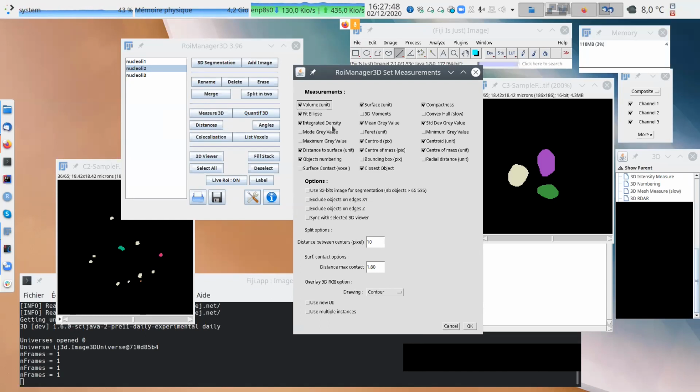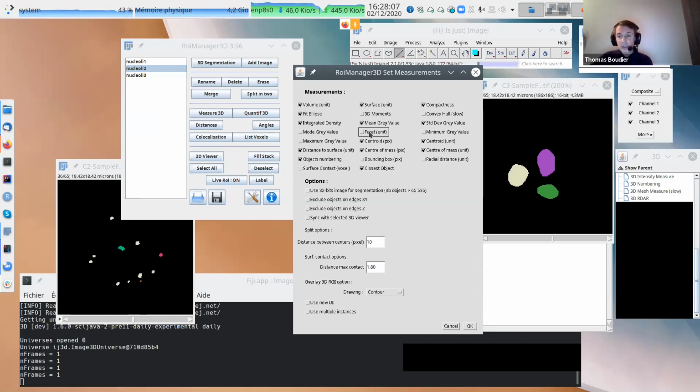Integrated density, the sum of all the intensity within an object using the raw data intensity. The mean gray value, the mean intensity inside an object. Standard deviation, the mode, Feret. We didn't use the Feret here, but you can if you want: the largest distance between 2 points of the object in 3D, so it's like the diameter.